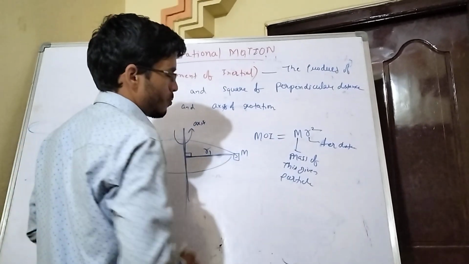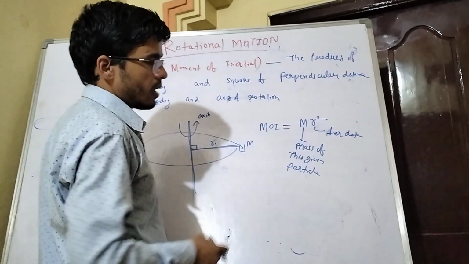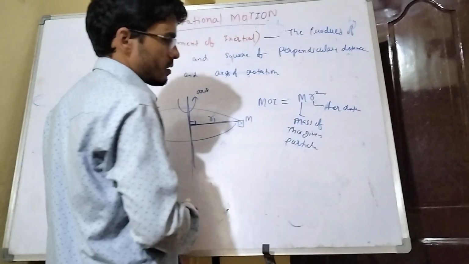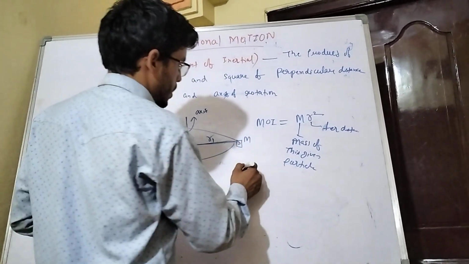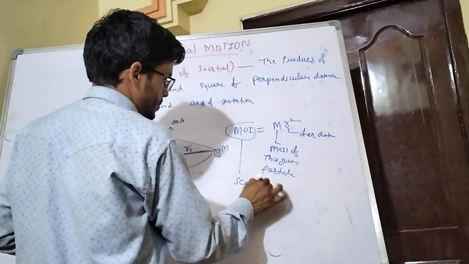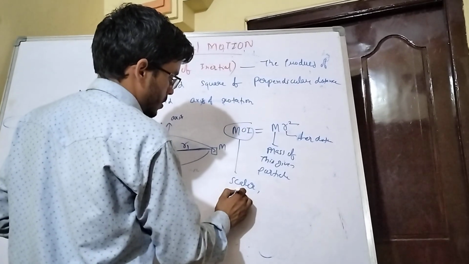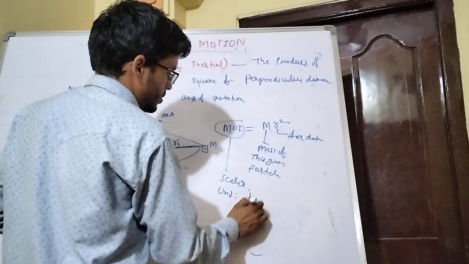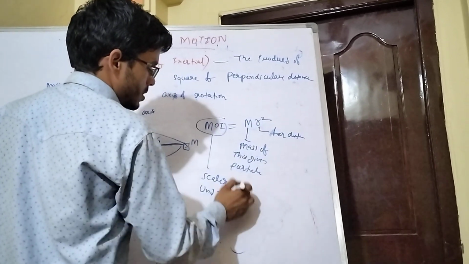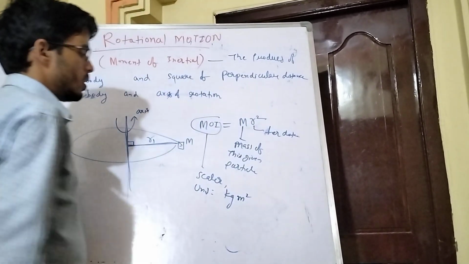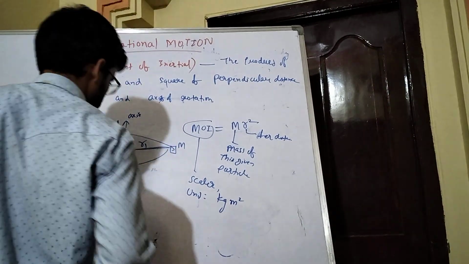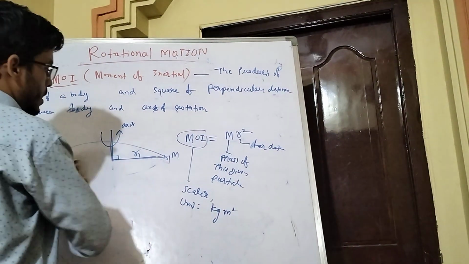And this moment of inertia, tell me, is this a vector or a scalar quantity? Yes, this is a scalar quantity. It doesn't depend on direction, right? So moment of inertia is a scalar quantity, and the unit of moment of inertia will be kg. What is the unit of mass? Kg. And what is the unit of distance square? This is nothing but m square. So kg meter square. Okay. So first note down all of this. After that I will discuss